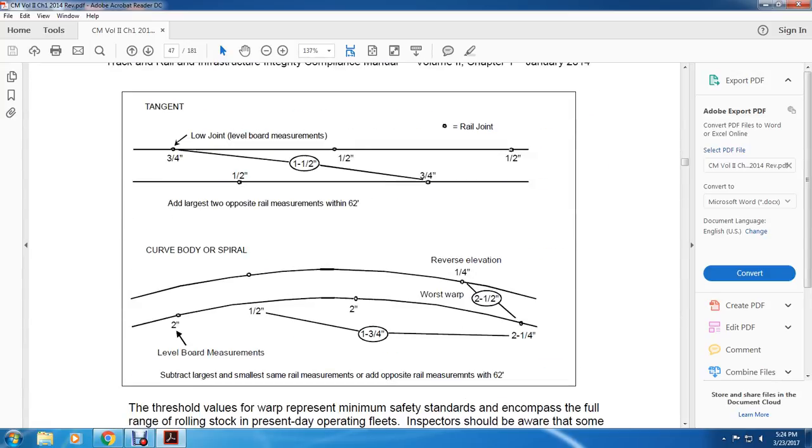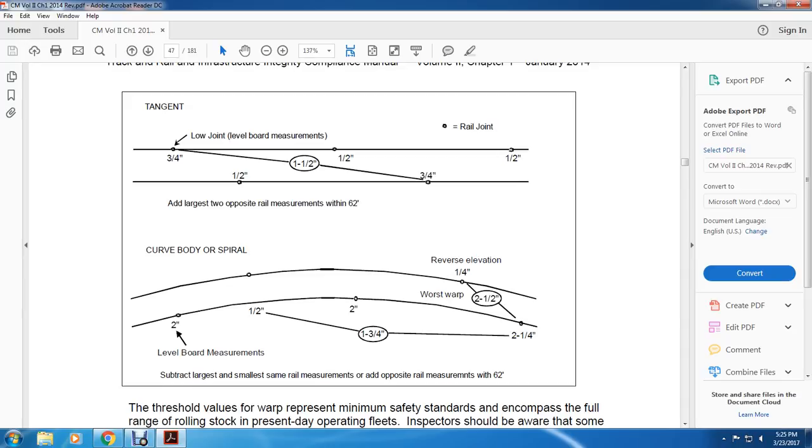Alright, low joint level board measurement. The address added large 2 opposite rail measurements, 62 feet, 3/4 inch, 1/2 inch, 1 1/2 inch from the 1/2 inch, 3/4 inch, 1 1/4 inch. The dots show a rail joint, so in between the rail joints you have a tangent curved body spiral,